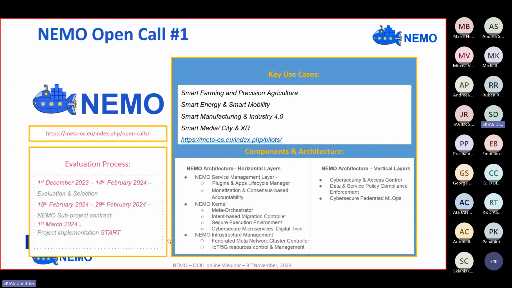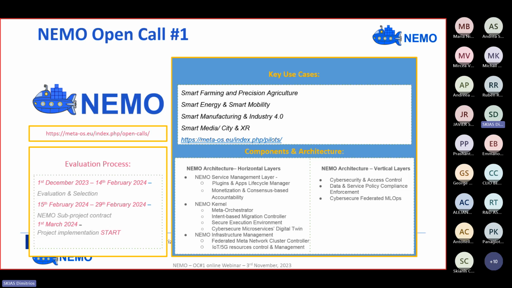It's quite important to note that although conceptually the extension provided, either porting the NEMO framework in IoT systems and devices, or providing extensions on the architecture of NEMO, is a quite broad scope, it should of course be aligned with the NEMO architecture. You have to have in mind that your solution, your provided application, should be aligned also to one of the pilots here in order to be validated and be part of a particular pilot use case. This is also quite important to have in mind.